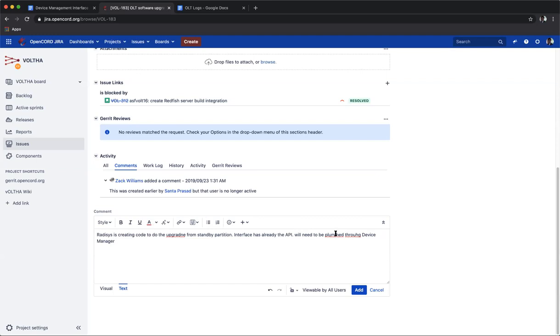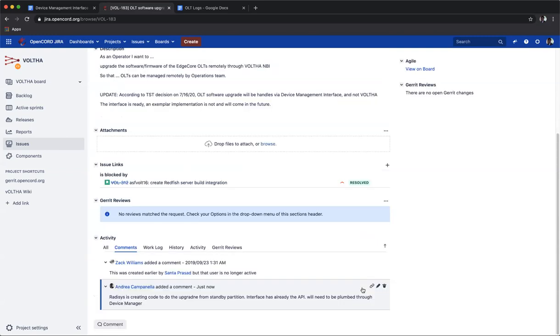Yes. Andrea? Yes. Just a question. What kind of components will be treated by this story related to the embedded? I mean, will you upgrade also the ONL or just the OLT agent? What kind of components will be treated by this? No. This is a complete